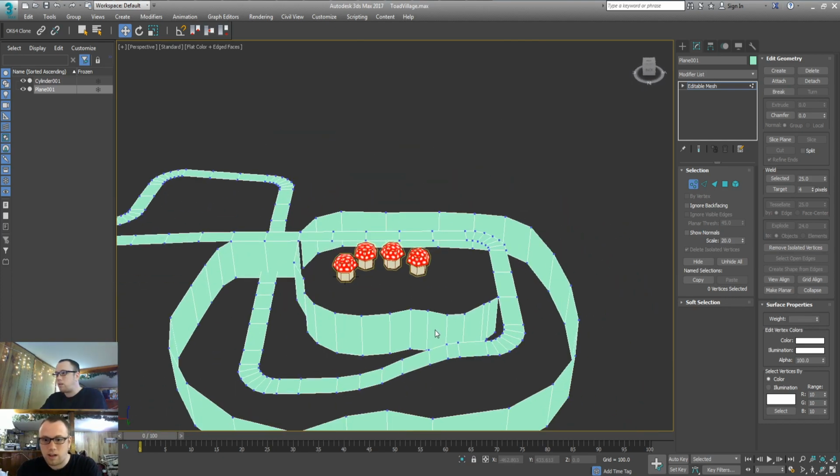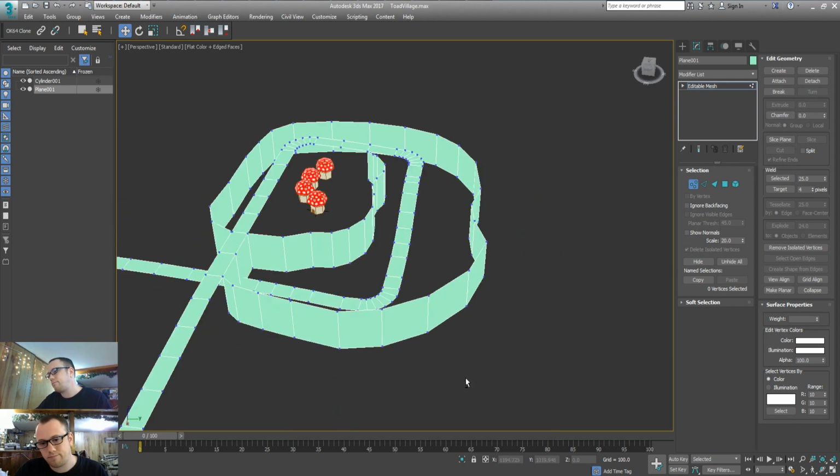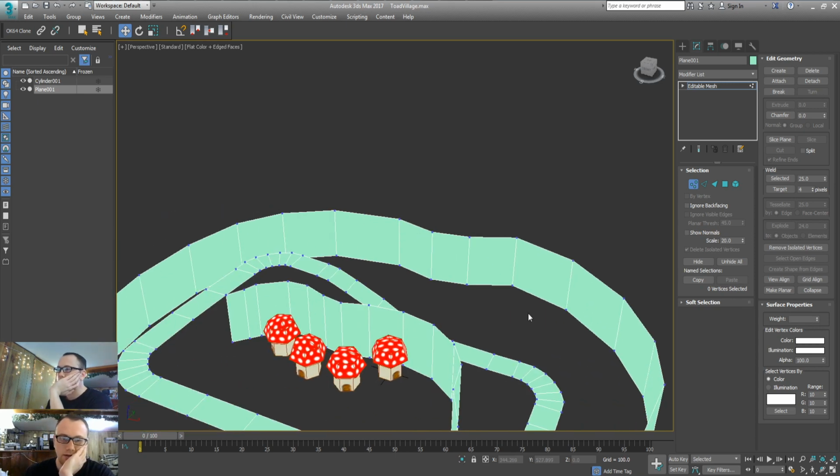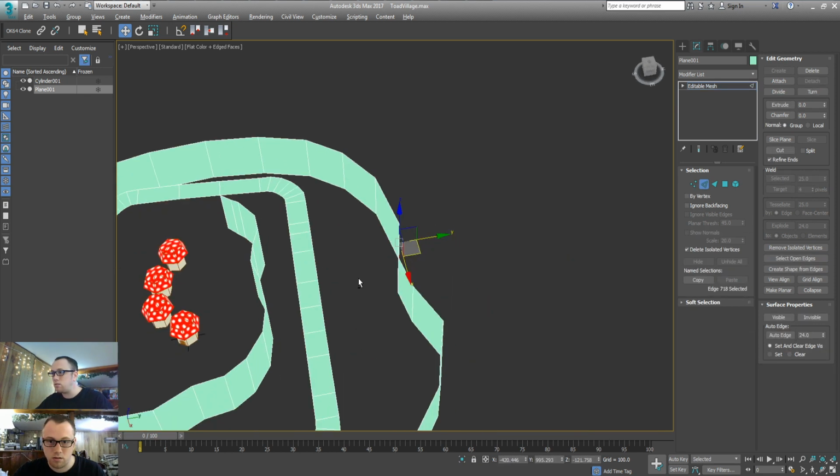Oh, that's trippy to look at right now, but it'll make more sense once the grass is there. It'll slowly come downhill here. That doesn't make any sense. Yeah, crap. Alright, so I guess I need to also